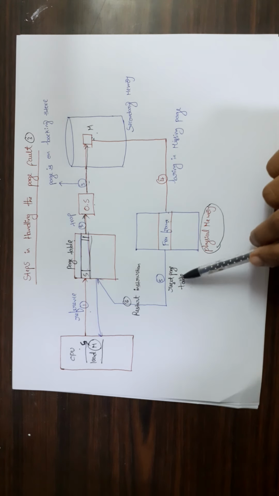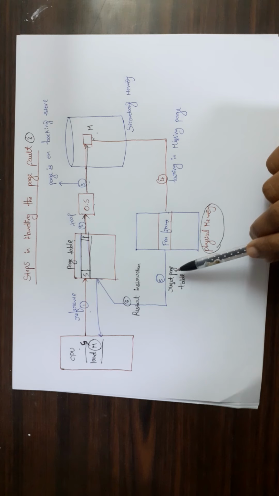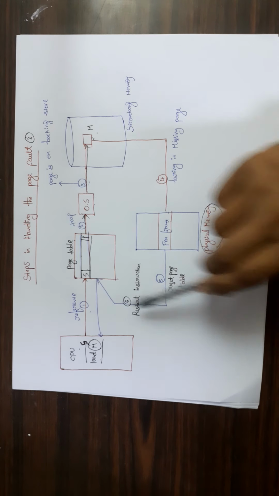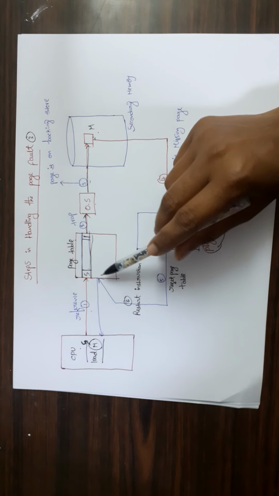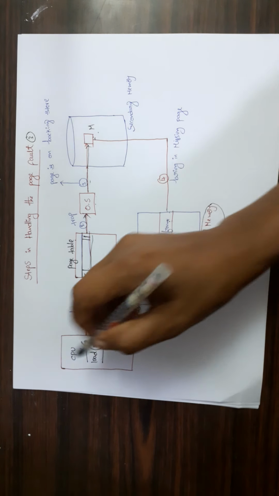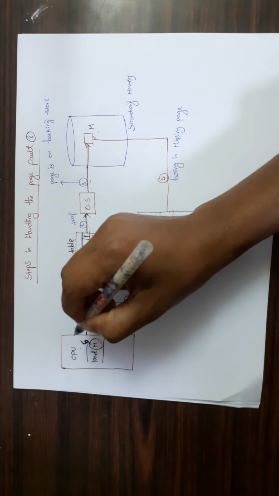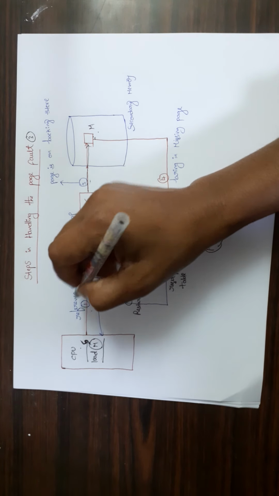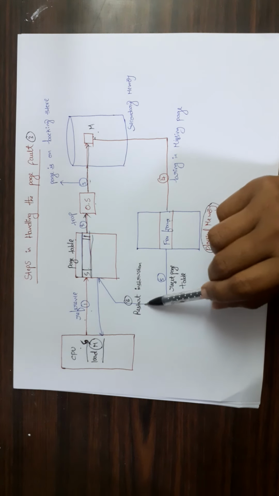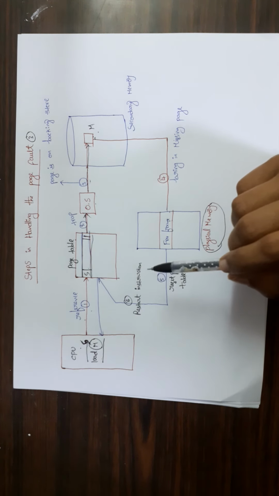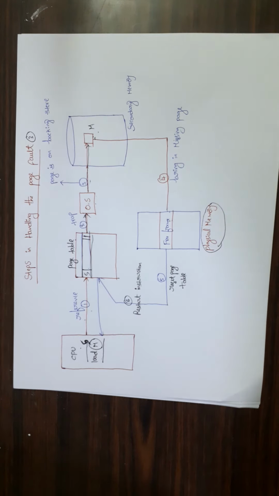Then it resets the page table. After loading the page into primary memory, it should reset the page table. Then we should restart the instruction, because it wants to execute page number 5 but that page was not available in the primary memory, so we had stopped the execution, right? So now we should restart the execution of the instruction. These are the steps in handling the page fault.